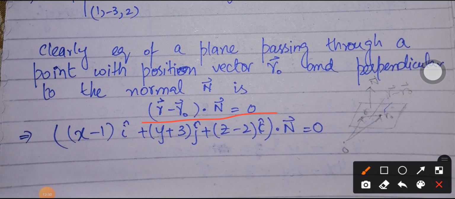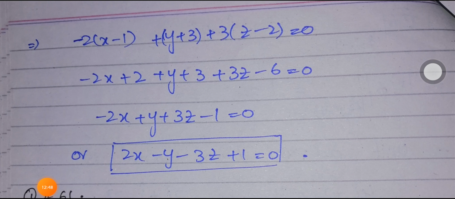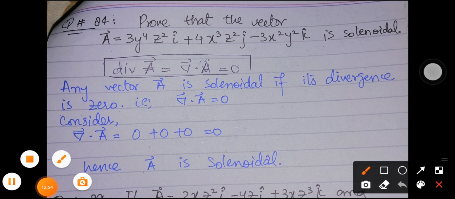So simply inserting the values over here, r vector is (x, y, z), and r naught, the vector defined over here, has components 1, minus 3 and 2, and n is defined to be the gradient of phi. So inserting the values over here, we can get the equation of the required tangent plane, and here is the final equation for that. Next we have question number 84, in which we have to show that the given vector